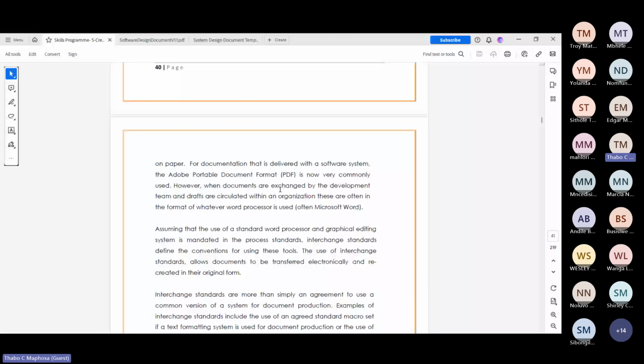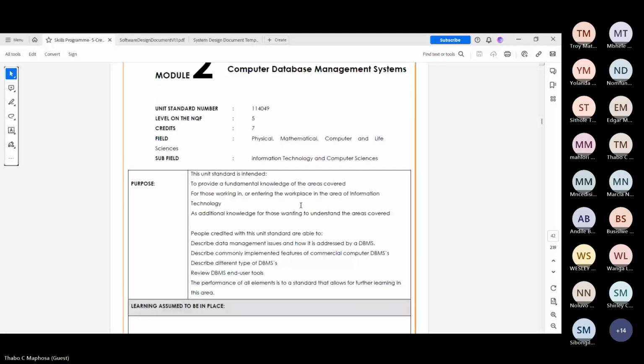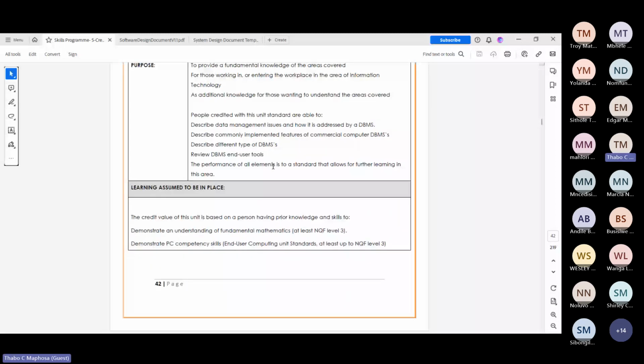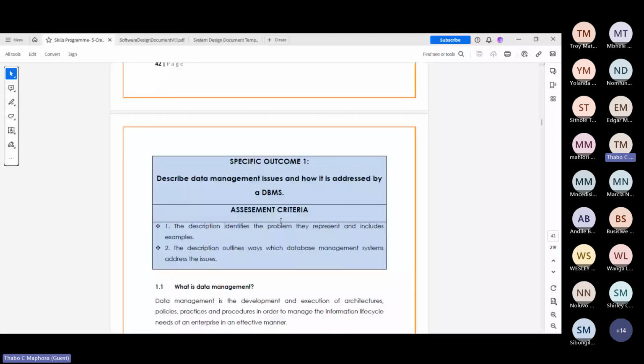And then this is the next module that we'll be visiting here, which is basically demonstrating an understanding of the computer database management system. Now, we've been talking about this a lot, but we haven't really touched on it. What exactly is a computer database management system? So now, starting from there,